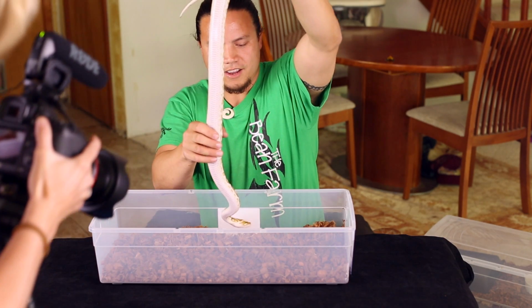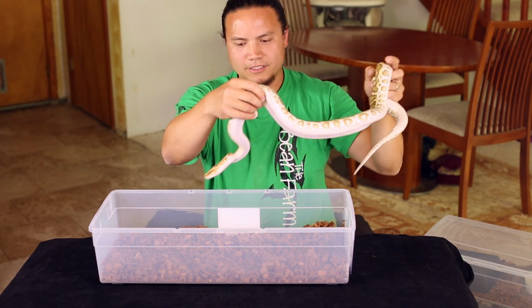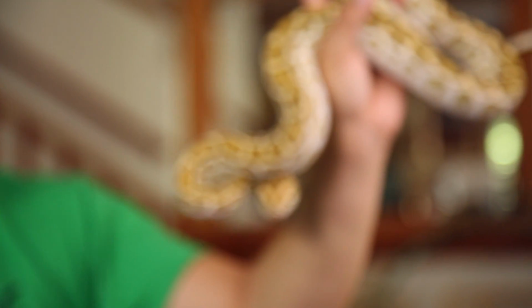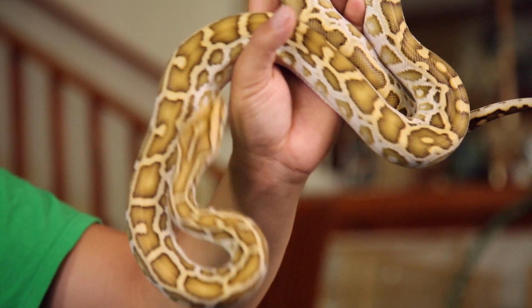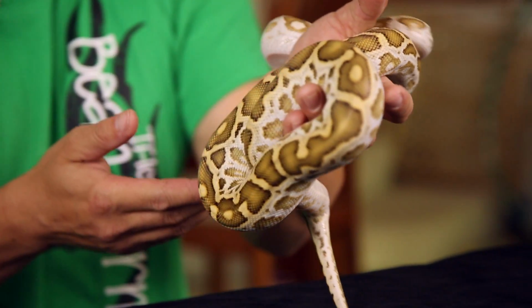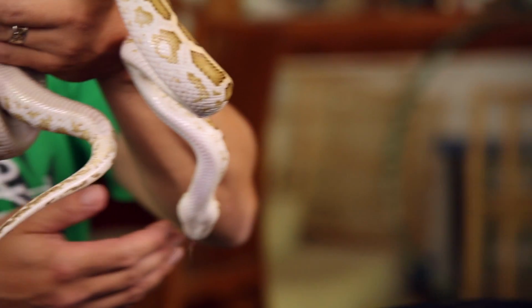Well, I thought she was gonna put on a little bit of a show for you guys. Maybe some hissing. You can tell she's a little bit defensive, how she's all curled up like that, but she's getting better, I guess. I've been working with her, trying to help her tame out a little bit and get a little more used to